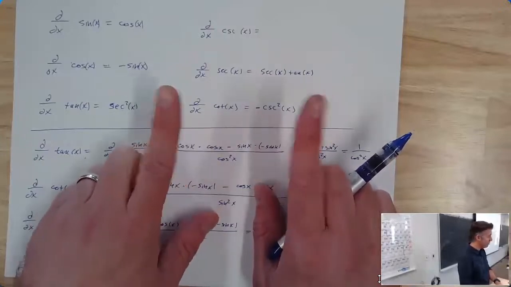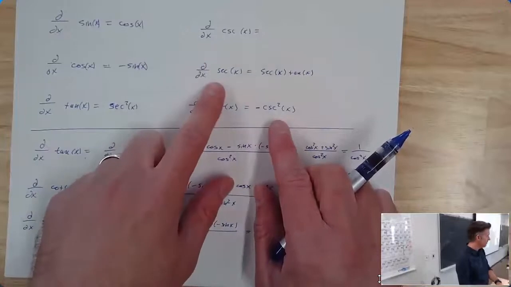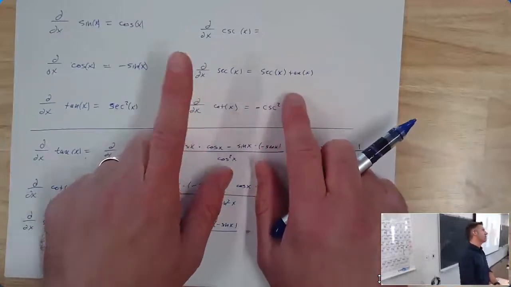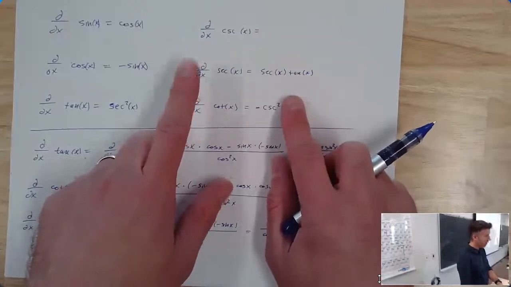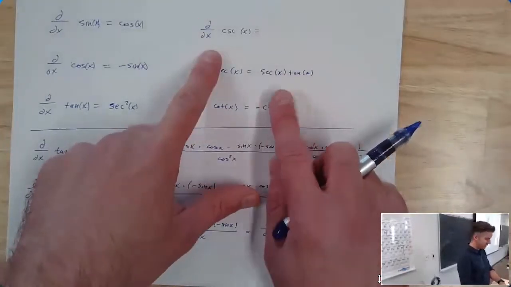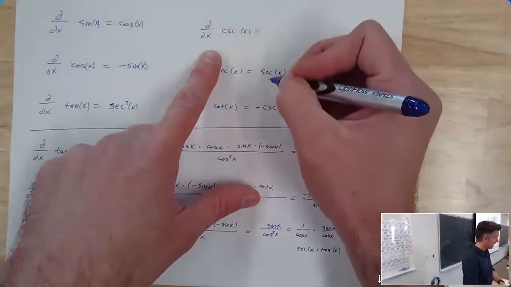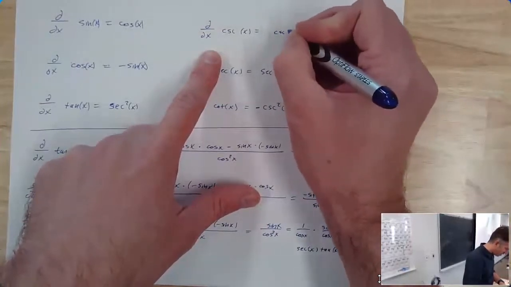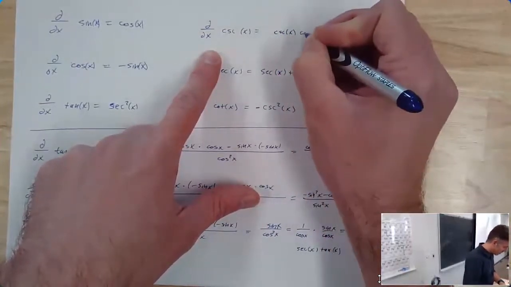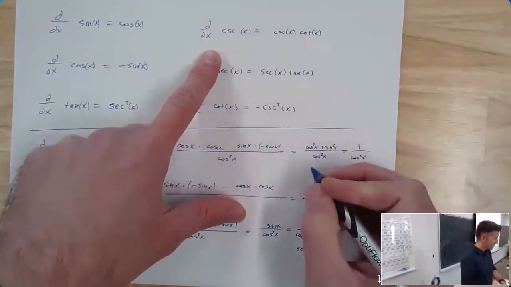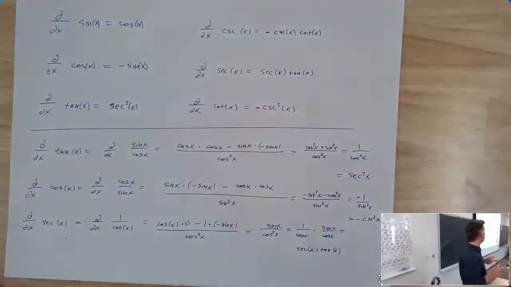Check this out. We haven't found it, but I'm going to tell you the derivative of secant is secant times tangent. I should really say x. The derivative of secant of x is secant of x times tangent of x. The derivative of co-secant is, instead of secant, I'm going to get cosecant of x times cotangent of x, but of course it's going to be negative. And I know it's going to be negative, and you know it's going to be negative, because every co-function, cosine, cotangent, cosecant, has a negative derivative. That is a true fact